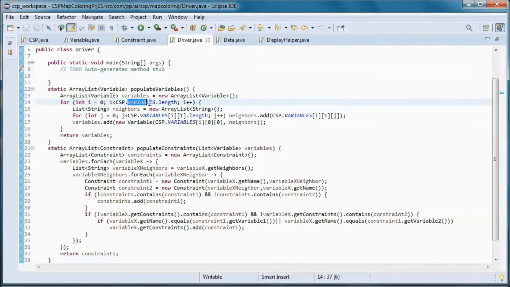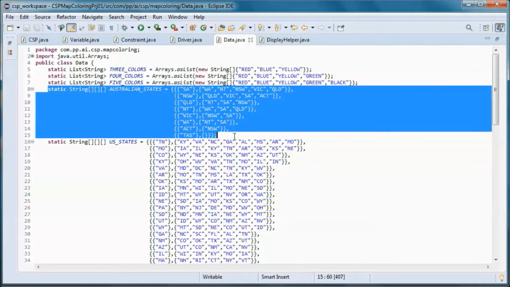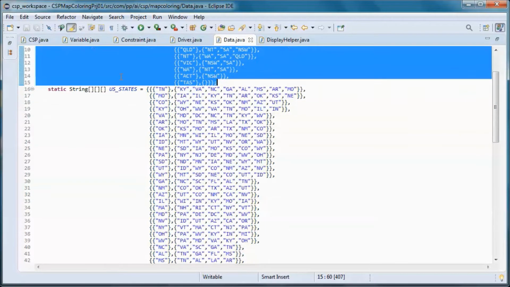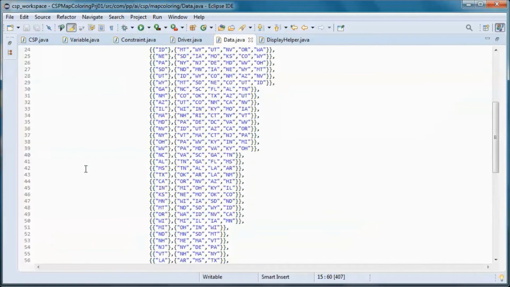So the variables are populated based on the data coming from here, one of those three.